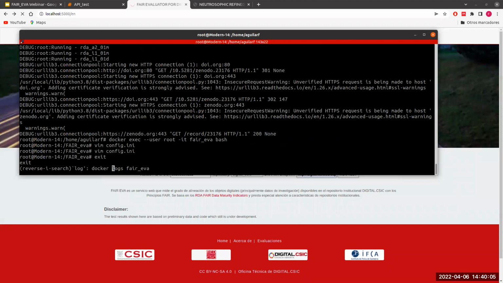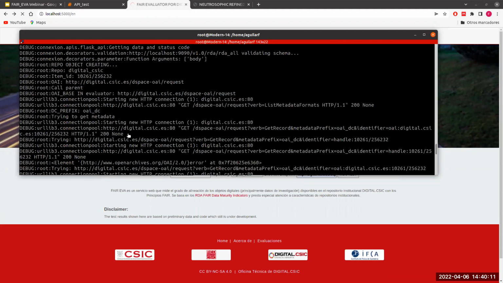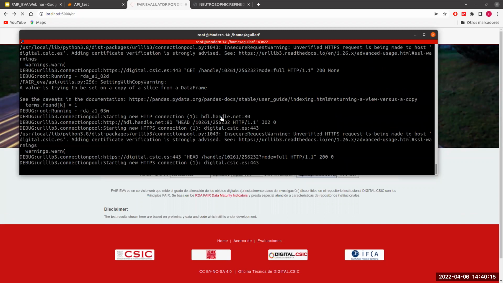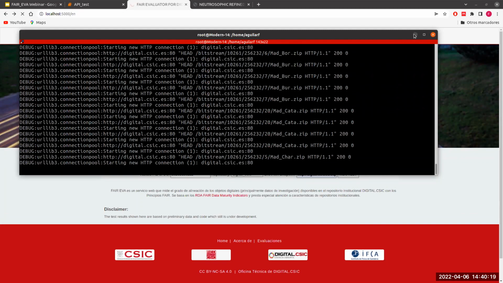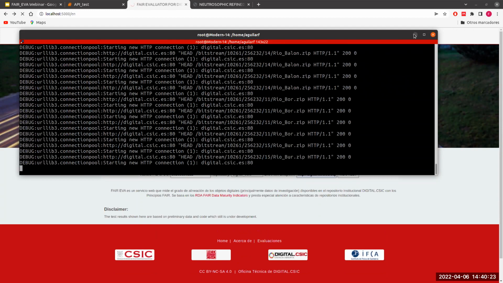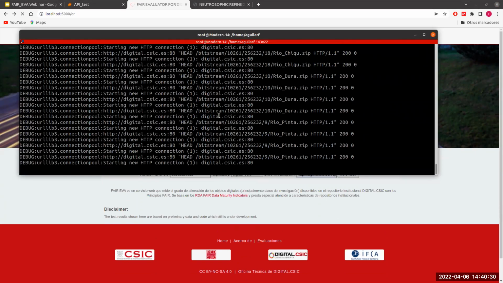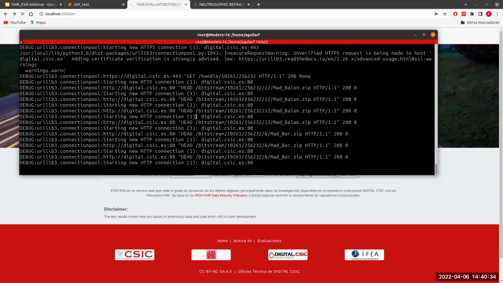the logs in order to see if everything is working or not. It is checking different things. It is running different tests. And after a few seconds, we will obtain a result. Okay. As I said, this works because I developed a new plugin for Digital CSIC.